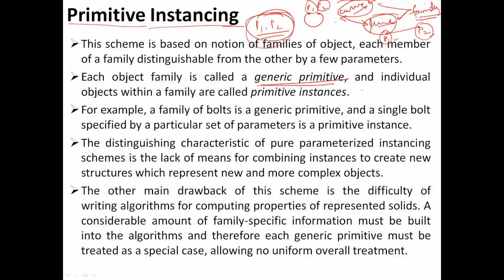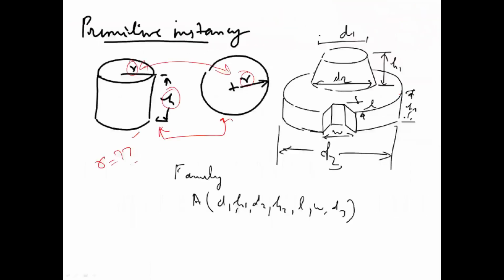तो अगर अब मुझे कर्व और इसको डिफाइन करना है, लाइन को या कर्व को डिफाइन करना है, तो ये दोनों क्या है? दे आर फंक्शंस ऑफ P1 एंड P2. चाहे लाइन को डिफाइन करना हो चाहे कर्व को डिफाइन करना हो, दे आर फंक्शंस ऑफ P1 एंड P2. तो प्रिमिटिव इंस्टेंसिंग में सबसे पहले हम ये आइडेंटिफाई करते थे कि जैसे हमने ये शेप लिया, ये ऑब्जेक्ट लिया, अब इस ऑब्जेक्ट को हमने डिफाइन करने के लिए हमें क्या क्या